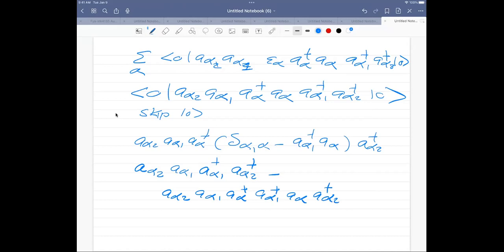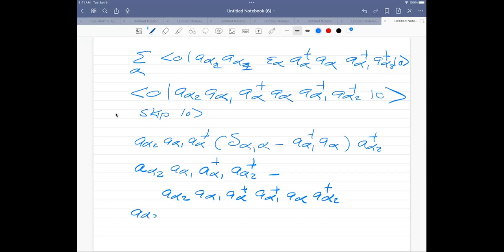So now I'm going to leave the first term, and I'm just going to manipulate the second term so that I can actually rewrite that one as a set of operators with the creation operator to the right and the rest to the left. So if you look at the second term, what I'm going to get now, if you take this term here, since alpha 1 and alpha 2 are different as well. So one of the things which we will be doing, if you look at the first term,